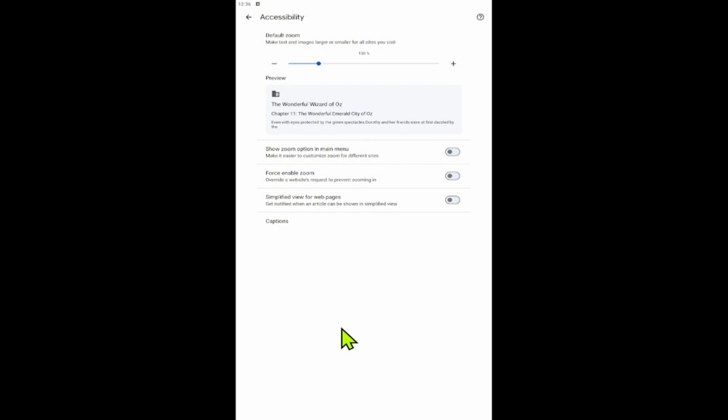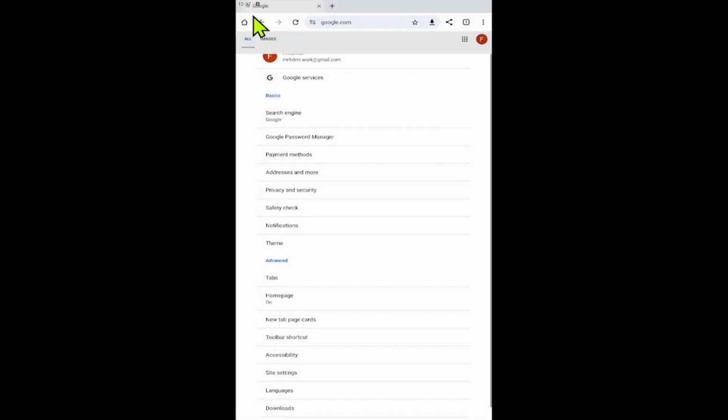There's also another useful option on Android. Google says you can turn on Show Zoom option in Main menu from the same accessibility section. Once that is enabled, you can open any website, tap the three dots, choose Zoom, and adjust the zoom for that specific site. Google notes that the zoom you choose there is saved for that site and does not affect